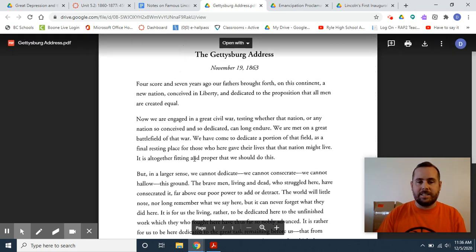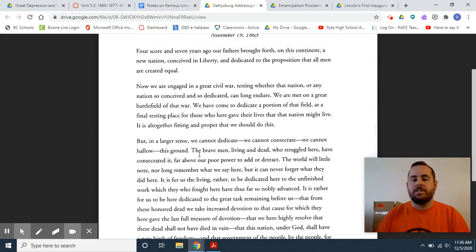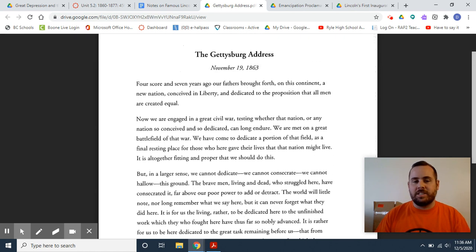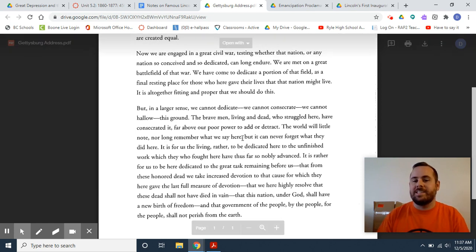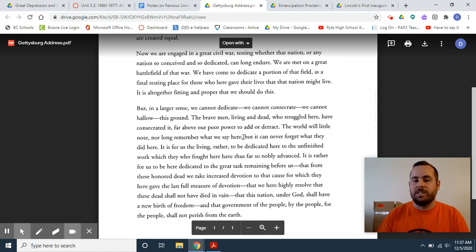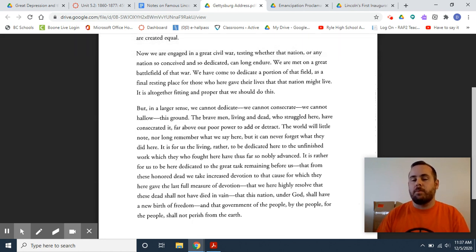And again, as I said, this is Lincoln at his most inspiring. And I think it's interesting, he wrote this quickly on the way there. He was not the keynote speaker, but he says in here, "The world will little know nor long remember what we say here." He says nobody's going to remember this little speech I'm giving, but in fact, it is probably one of his most powerful. And it redefines the war again and says it's not about preserving an old union, but having a rebirth of freedom, and that our government will try to live up to the ideals that it was meant to live up to.